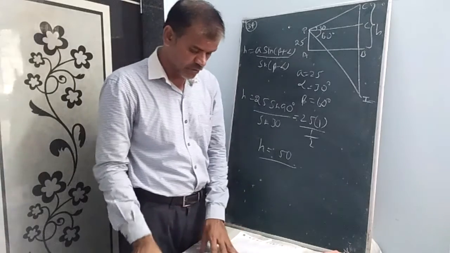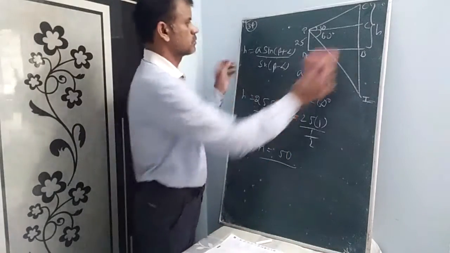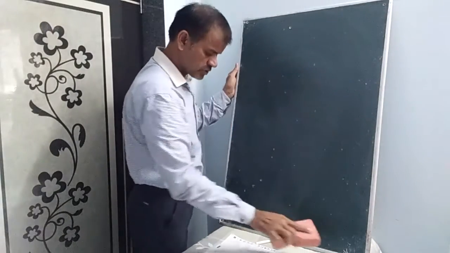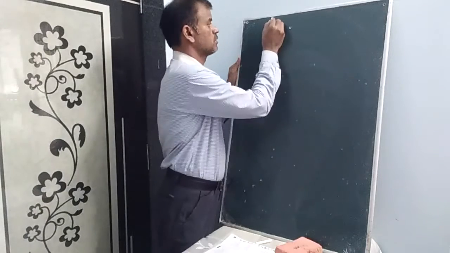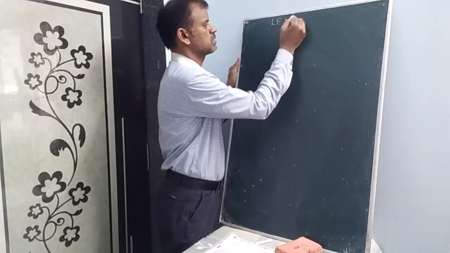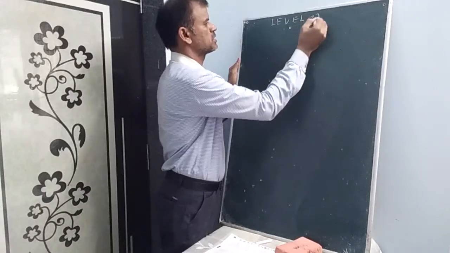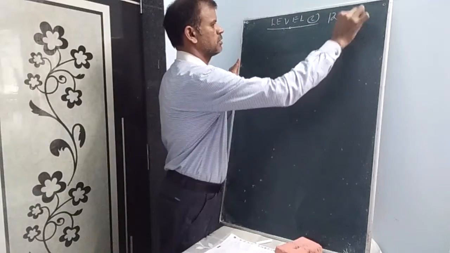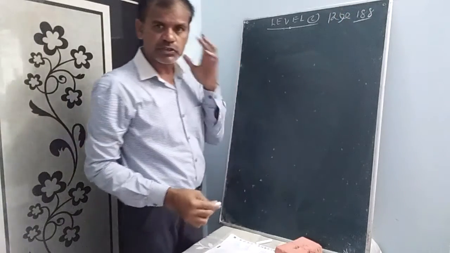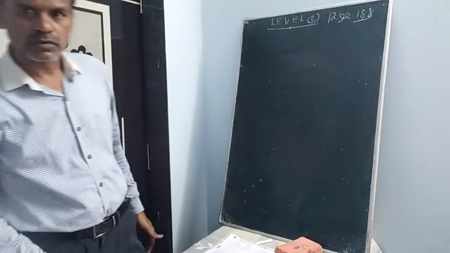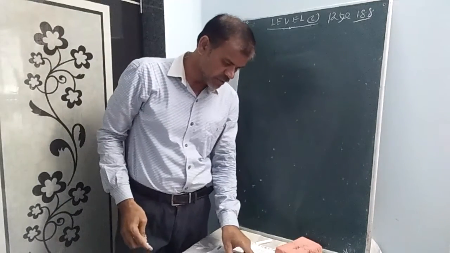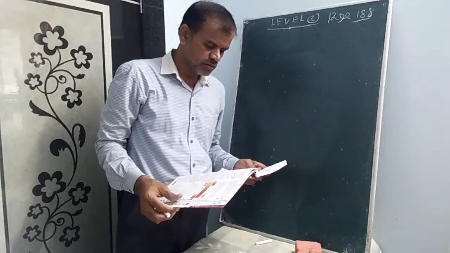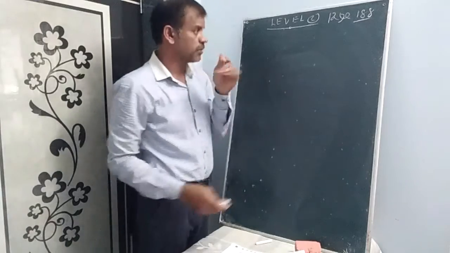Now let us discuss level 2 sums. In level 3, we discussed some important questions and previous JEE questions. Every question in JEE depends upon the concept only. Now let us discuss level 2, page number 188. Level 2, first question. At a certain point, the angle of elevation of a tower is given, and on walking...